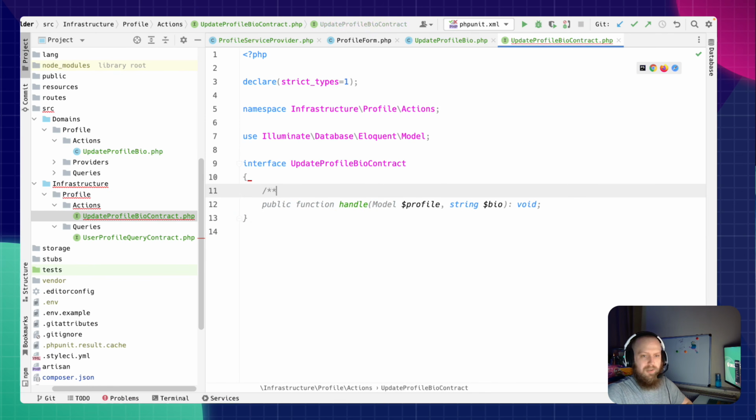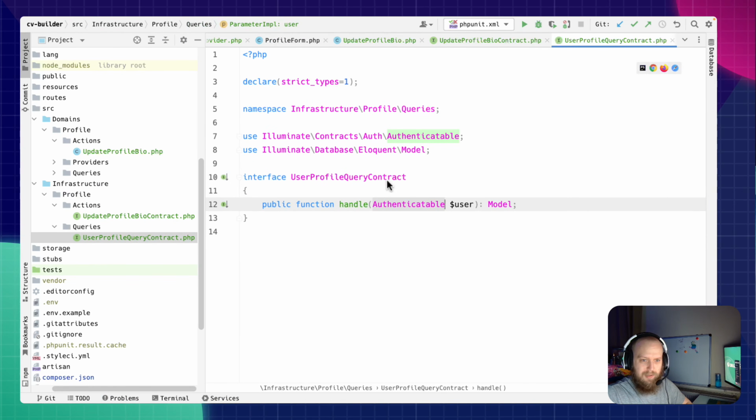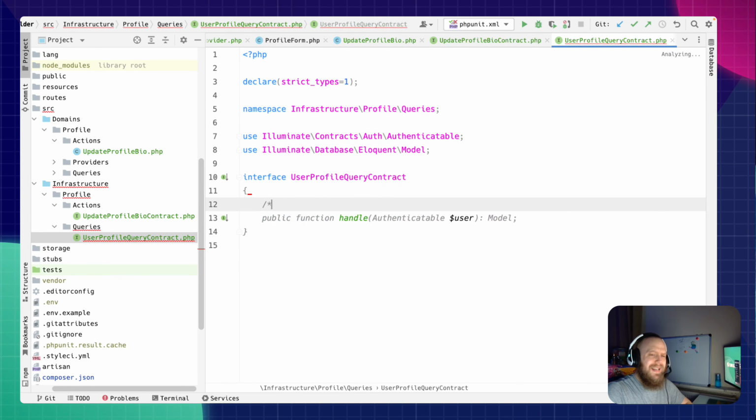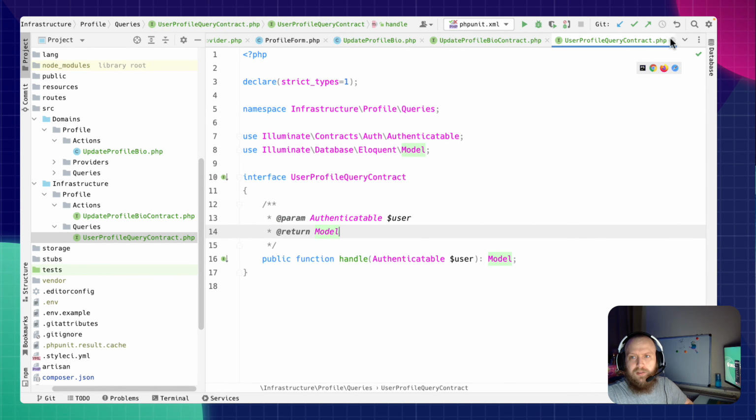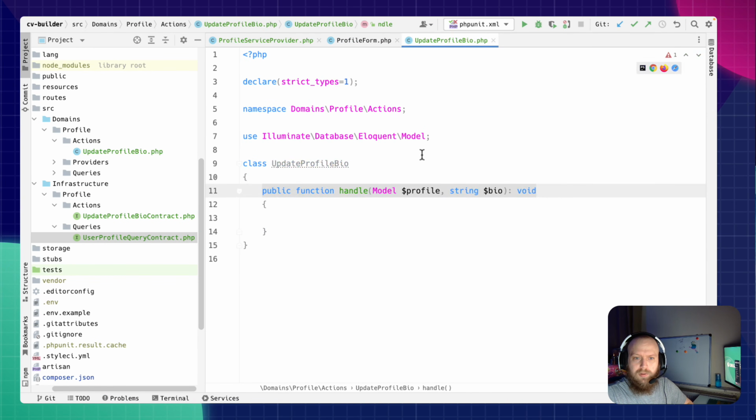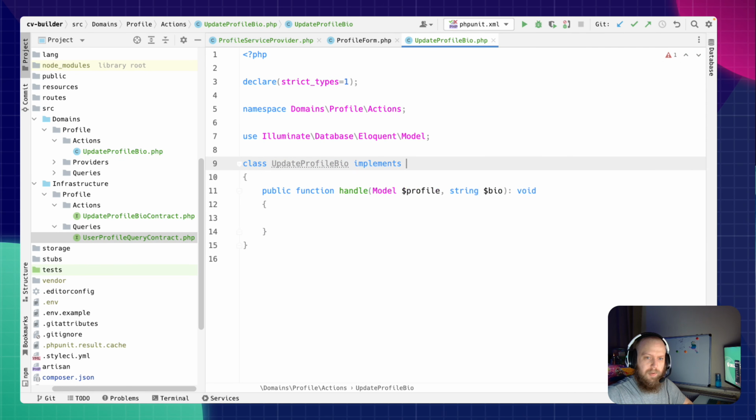What I'm going to do is I'm just going to add that quickly. I didn't add anything here, which will really annoy me. So I don't need that one. I don't need that one anymore. This is going to implement